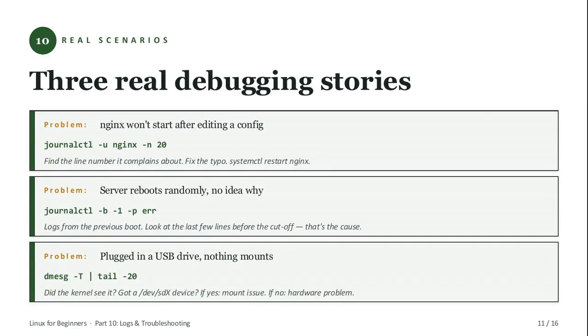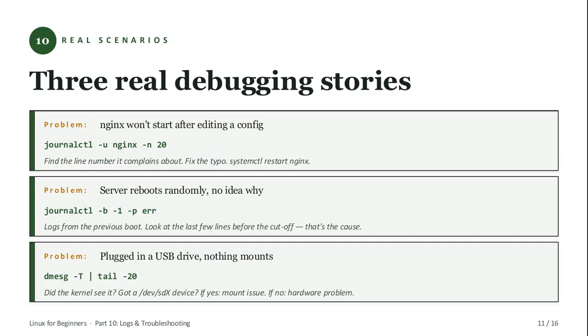Let's see that workflow in action with 3 situations you'll absolutely run into. First one, you tweaked an nginx config and now it refuses to start. 20 lines of journal for that unit will point you straight at the offending line number. Second, a server rebooted overnight and you have no idea why. journalctl with -b -1 pulls the previous boot's errors, and the last entries before the cutoff are usually your smoking gun. Third, you plugged in a USB drive and nothing happened. dmesg tells you whether the kernel even noticed it, which instantly splits the problem into a mount issue or a